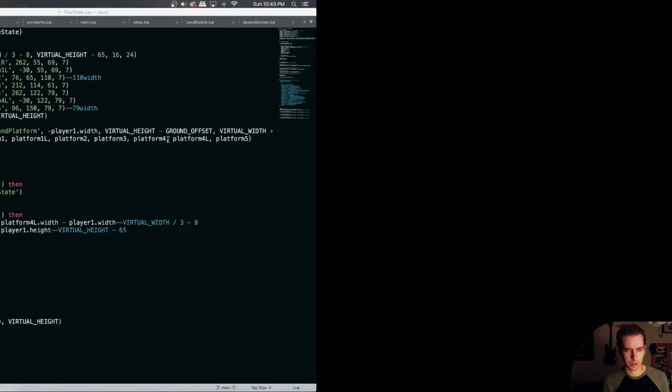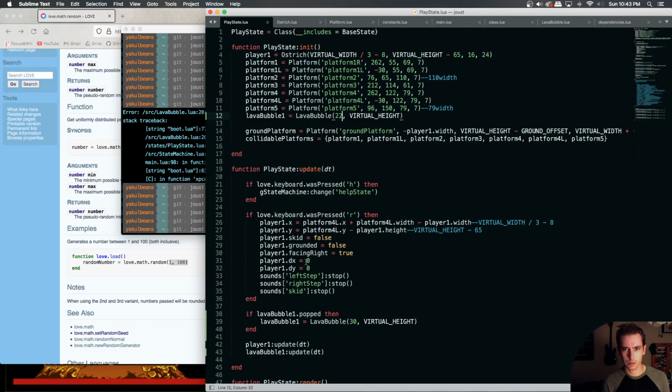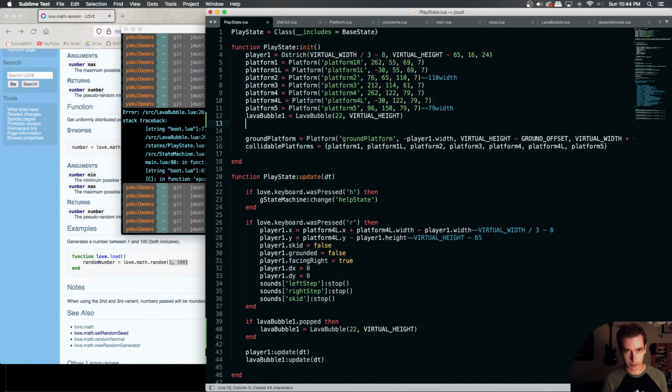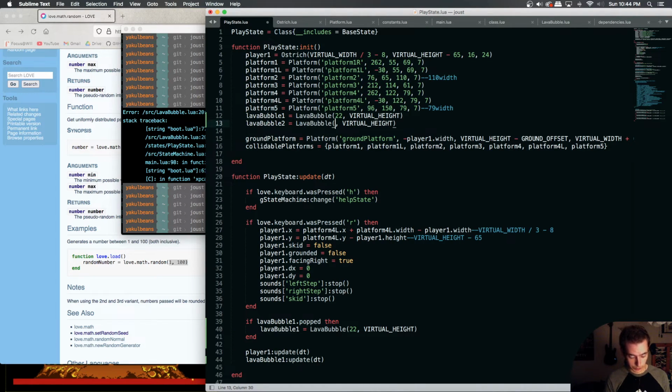Yeah, I like that. So 22 is where we spawn our bubble 1. And then we need bubble 2. And this is why we put it in a class, so that we can easily make another one. Bubble 2, except this one is not at 22. It's going to be at virtual width minus